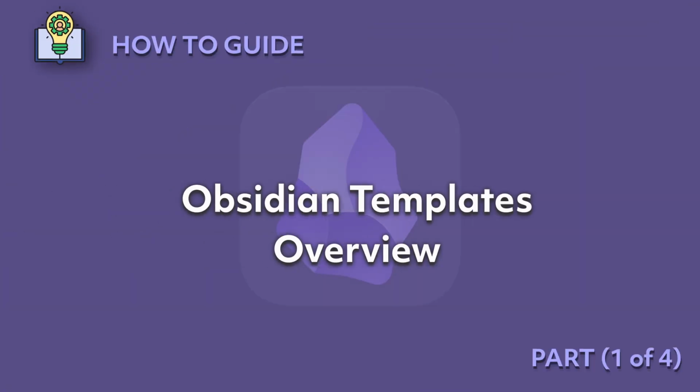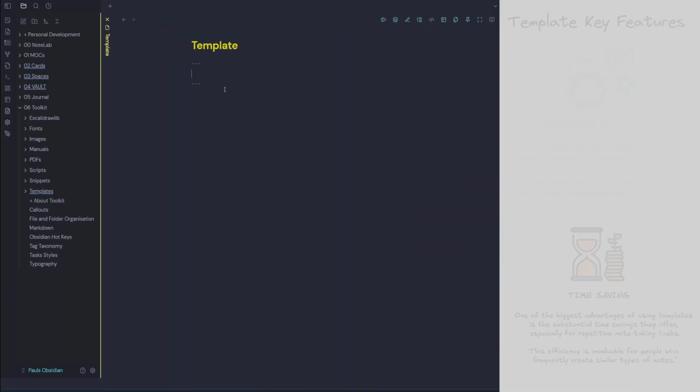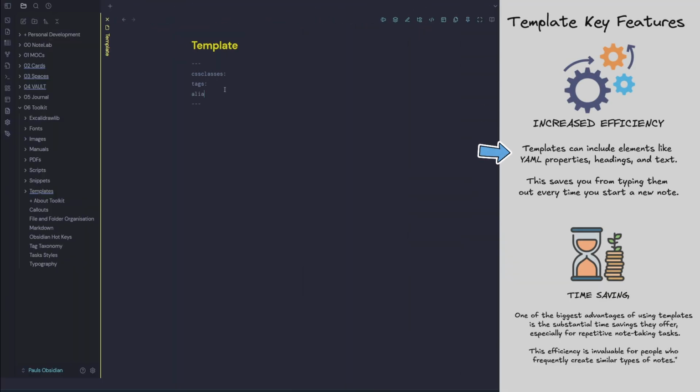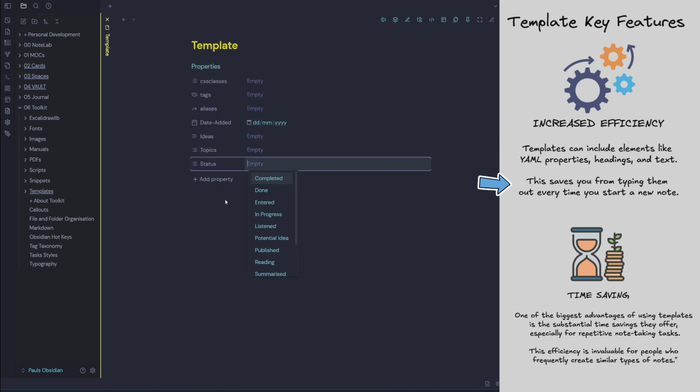Obsidian Templates Overview. One of the most important skills to master when you start using Obsidian is creating templates. Templates in Obsidian can greatly enhance your workflow, especially for those who take extensive notes or manage multiple topics. Templates can include elements like YAML properties, headings, and text, saving you from typing them out every time you start